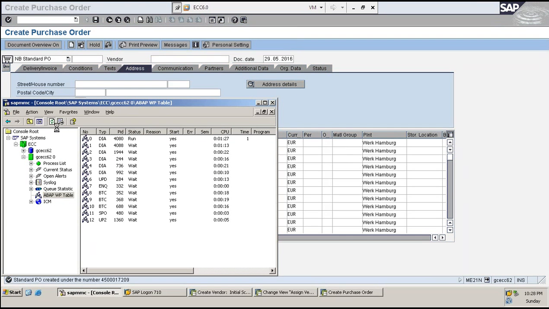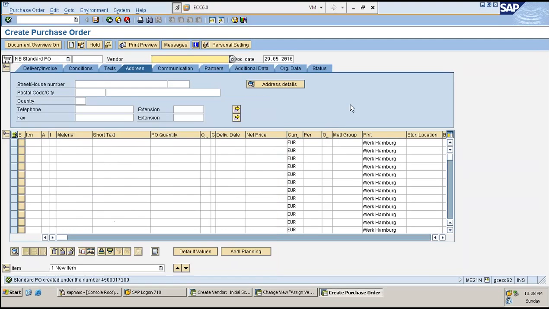However, whenever I procure a material from this particular vendor code, it simply means that it's a one-time vendor. I can procure a material from any and every vendor, different vendors based on the address that I key in over here. That's one significance of a vendor also. So we are done with this.